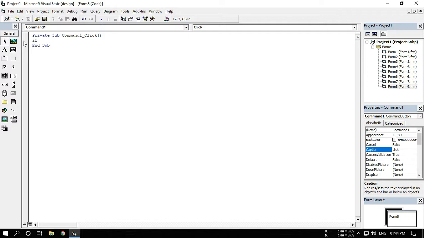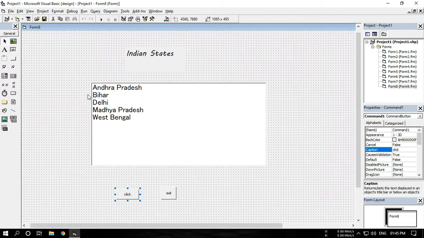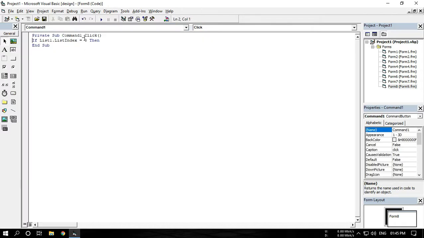If list1 dot list index is equals to 0, then. Okay, list1 is this list1, and the first index is 0. The first item in this list is 0, and then this one is 1, this one is 2, and so on. So its index is 0. If the index is 0, then the message box will show